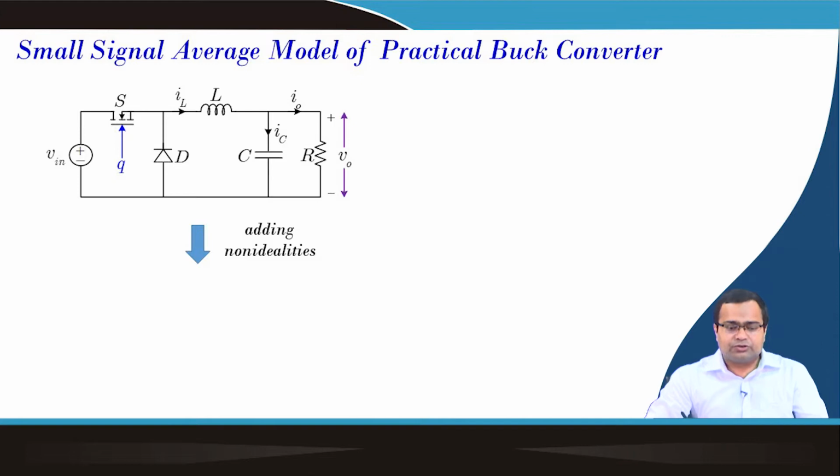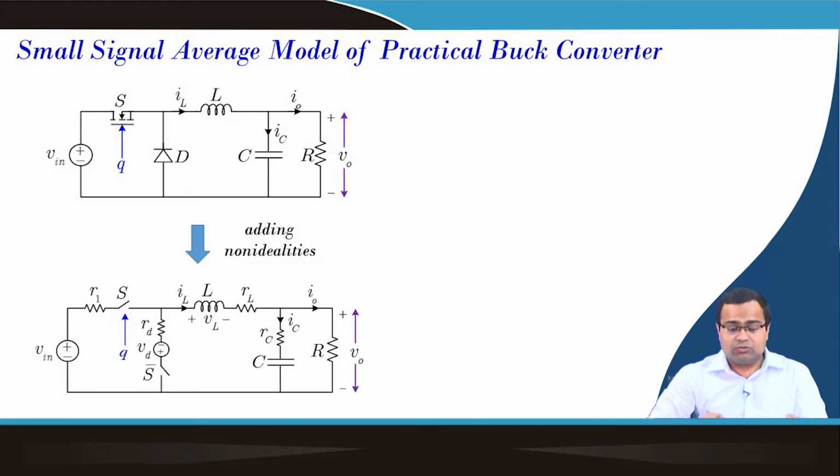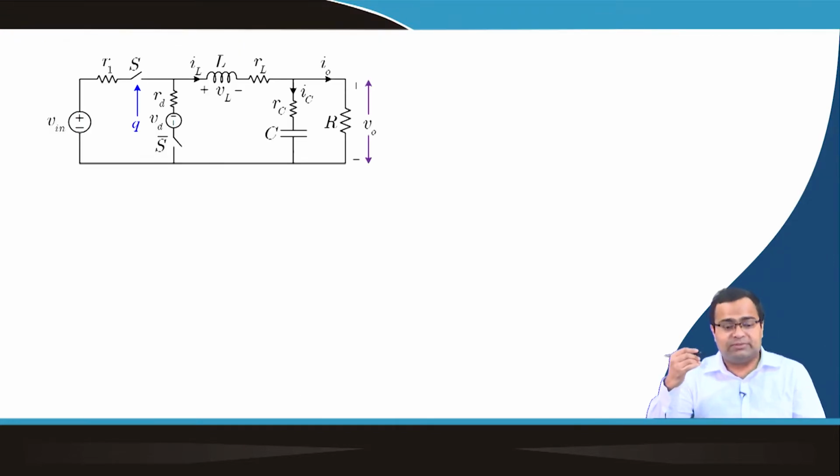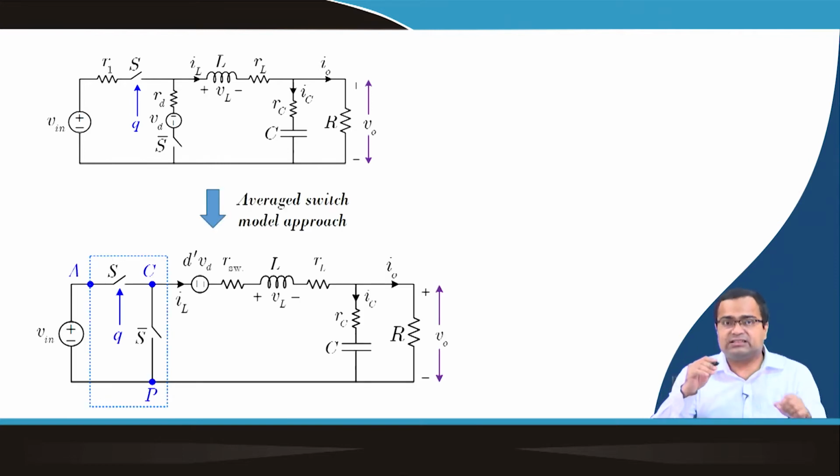If you take a conventional buck converter, then we can write down its realistic model just considering the parasitic drop resistance of the MOSFET, and for the diode the resistance of the diode as well as the diode drop, and also the DCR of the inductor and ESR of the capacitor. Then we also found the equivalent circuit of this conventional buck converter in the previous lecture, and this can be obtained by